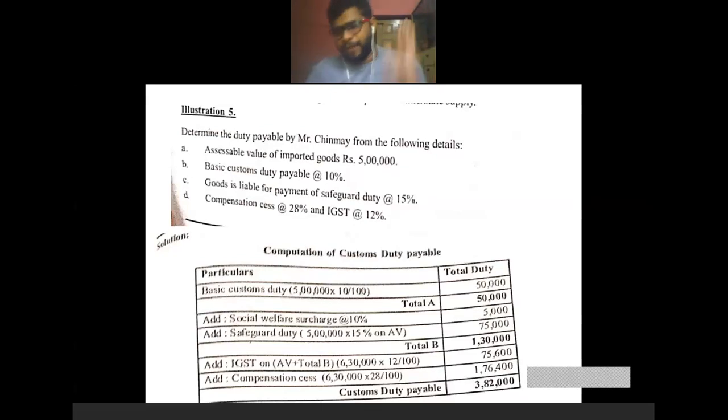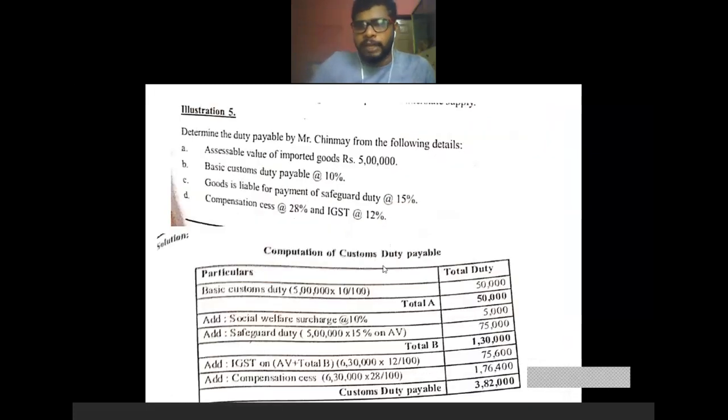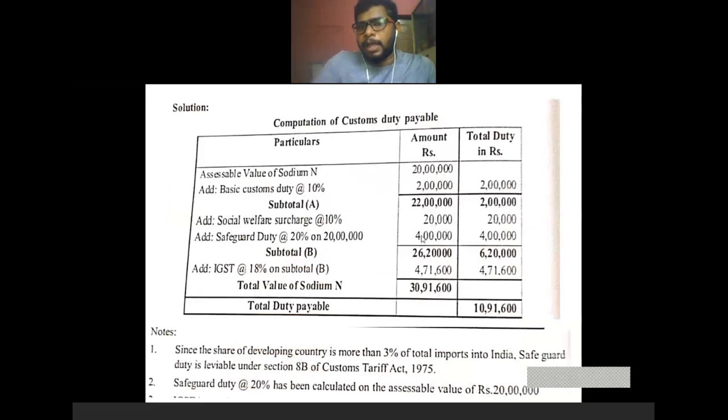I will finish problem number 5 as well as problem number 6 quickly, but a slightly different calculation is there. Calculation everything in the same manner, but if you see the solution you will understand. They have made a provision only for one column. This is not compulsory. You can do the solution like this only, otherwise you may get confused with the calculation part. Therefore, even if it is asked only custom duty payable in this particular problem, you include one more column. Otherwise you may do the calculation wrong.